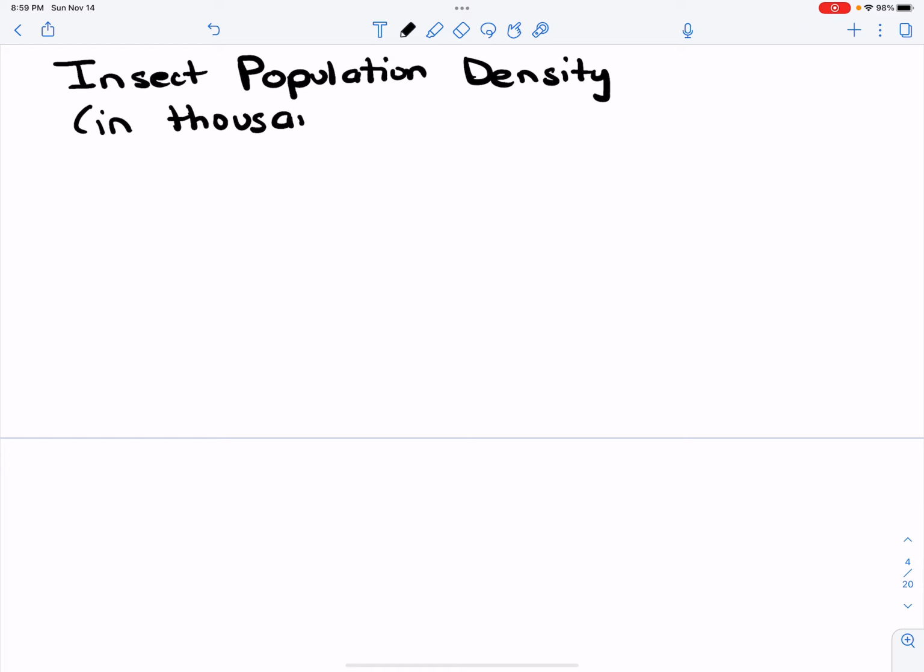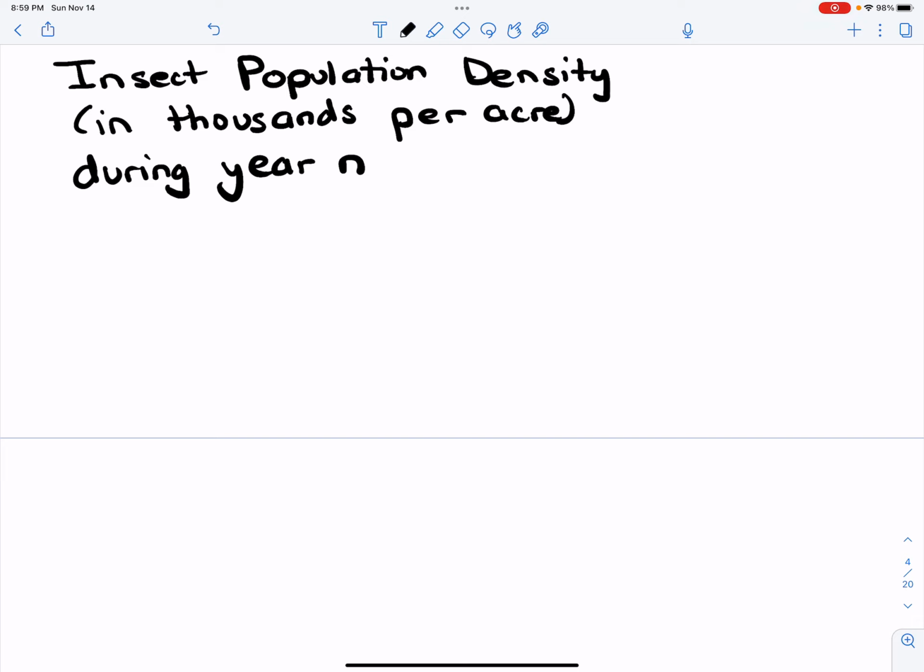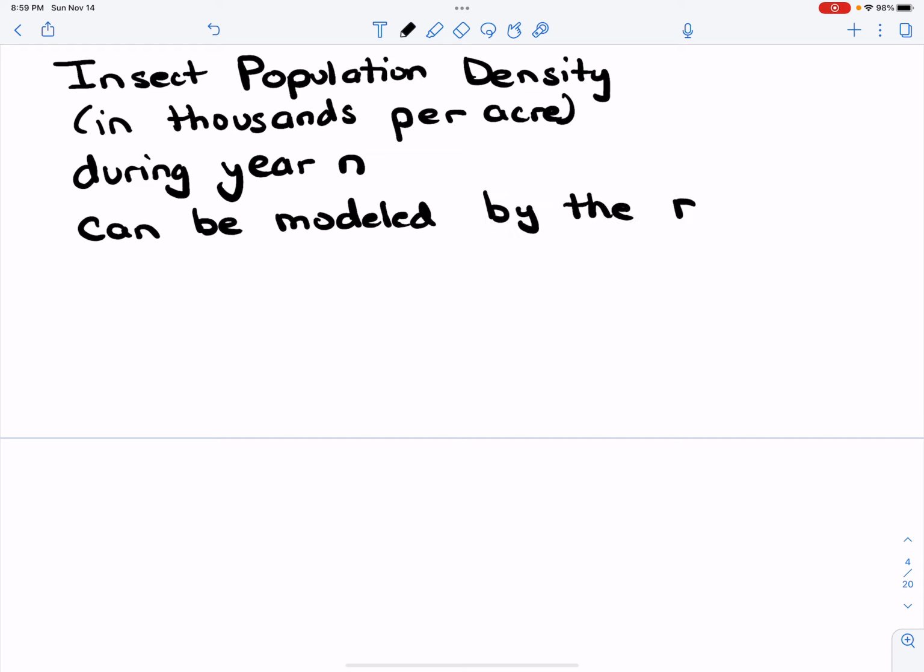So we have an acre of land, and we're looking at how many thousands of this insect are on each acre. And this is during year n, which can be modeled by the recursive sequence